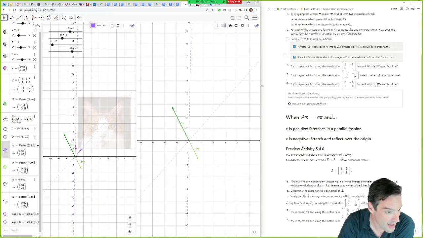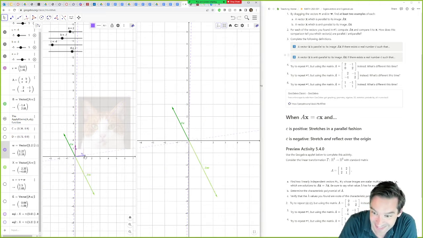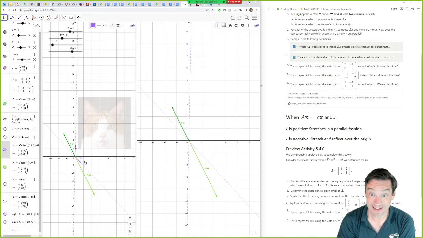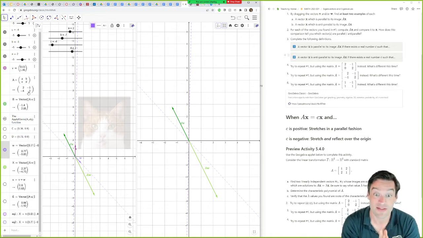Well, first of all, where's my cat? The cat is flat. What does that mean? It's squished onto one dimension, a one-dimensional image, right? This matrix, 2, negative 1, negative 4, 2, if you find its image, a basis for its image is